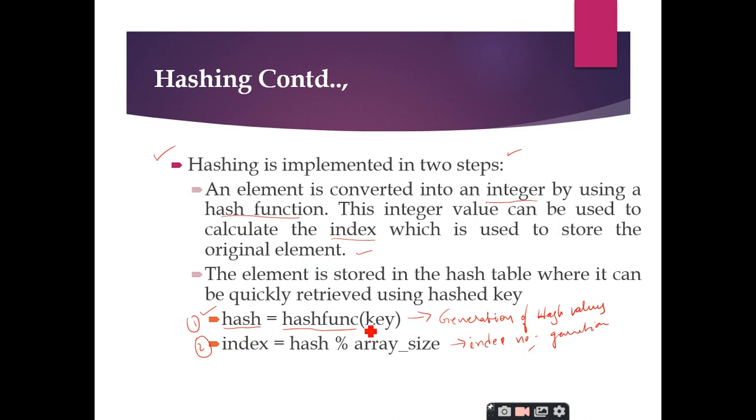Don't get confused with this key. This is the actual value you are going to store. For example, 26 is the value that I am going to store. So I will generate a hash value first. You will get a hash value whenever you apply the hash function on these values. So this is nothing but the key. The other name for this hash is key, right?